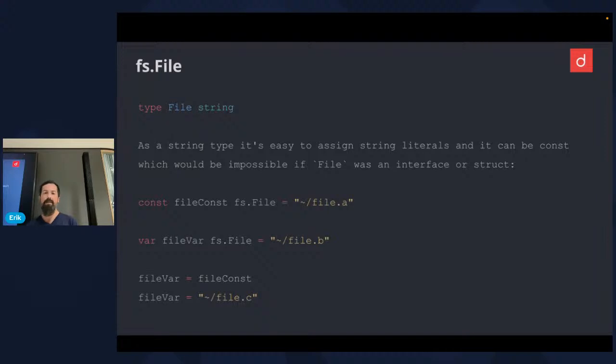And the nice thing, if you're doing that, instead of making up a more complex type like a struct, is that you can assign the basic literals for that type. So here, because it's a string, you can just assign string literals. So in Go, string literals are untyped, and you can assign it to everything that's a string underneath. And here the file is the string underneath. So yeah, and that's also the reason, because it's one of the fundamental types, you can make it const.